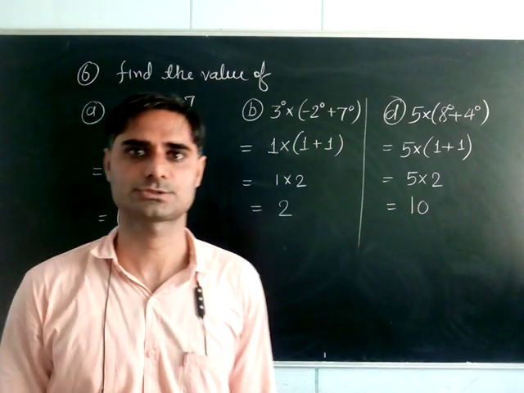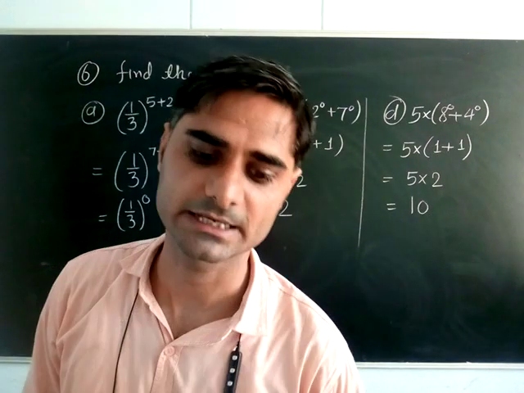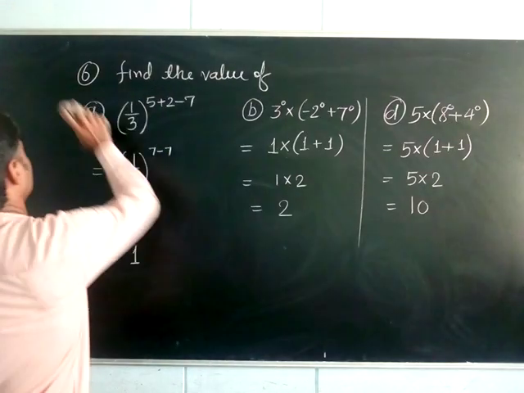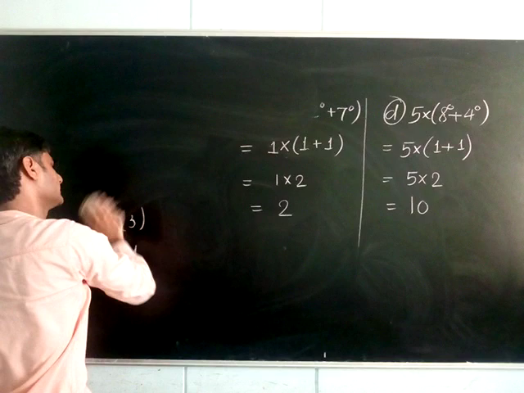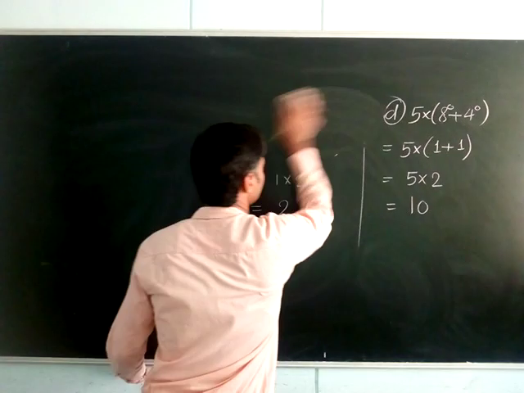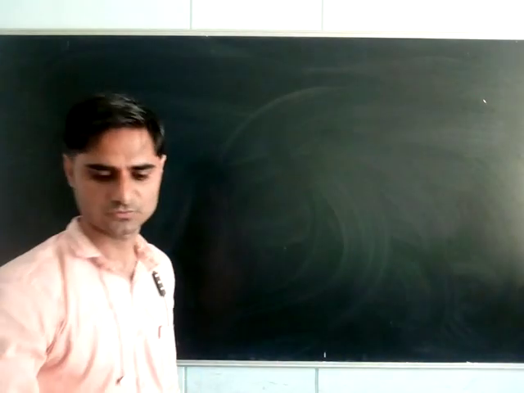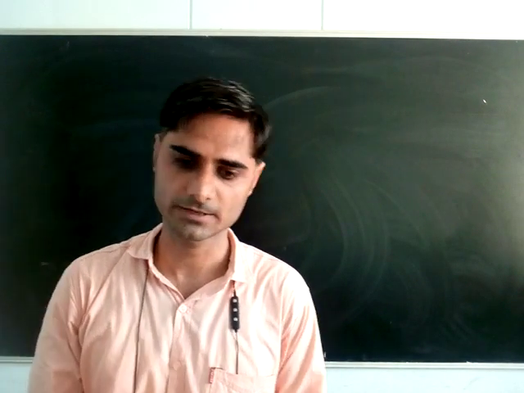This is the solution. Are you getting all? This is very easy to solve. The next question number is 7, and 7 is simplify. Right? Hope you understood all these things. If there is any problem, repeat the same video, watch it again, and you may ask me later also. Okay, number 7 is simplify.